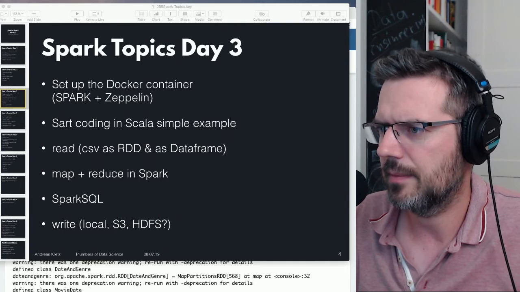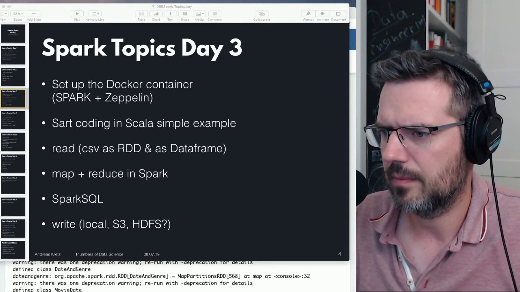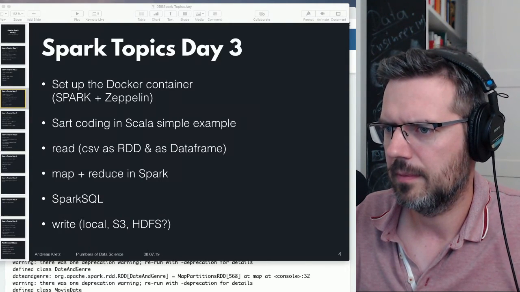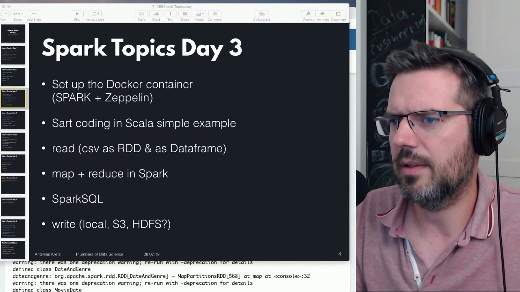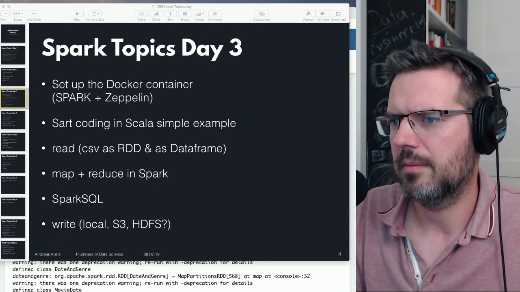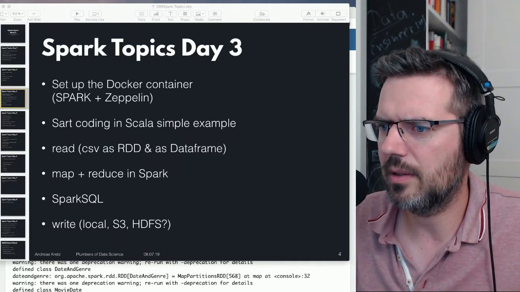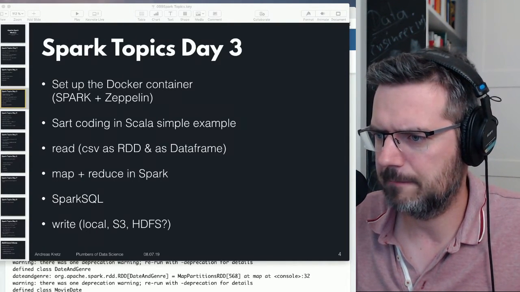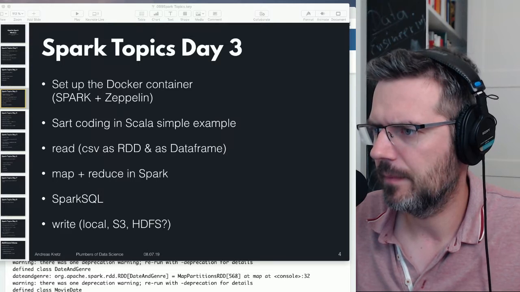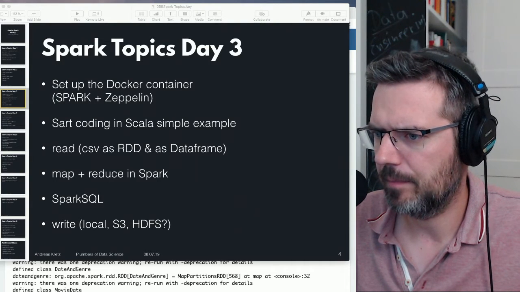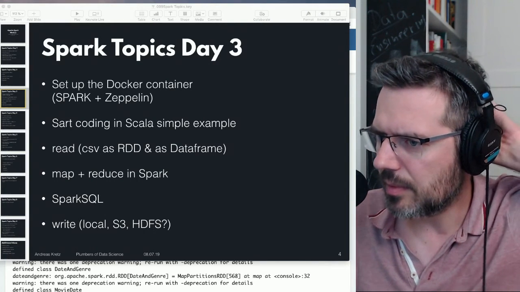Just quickly, where was that? This is already a good resource here. Spark save data frame as, okay. If somebody already has an example, just post it in. Okay, if that works, that's simple.